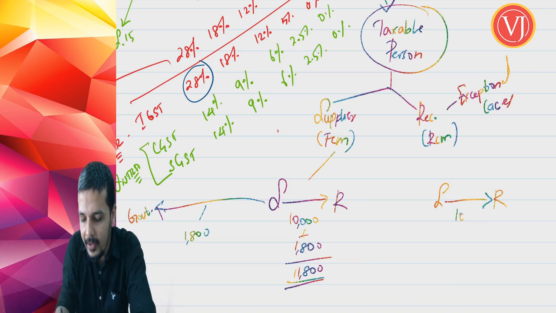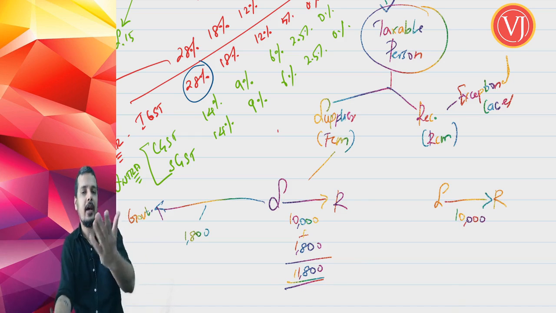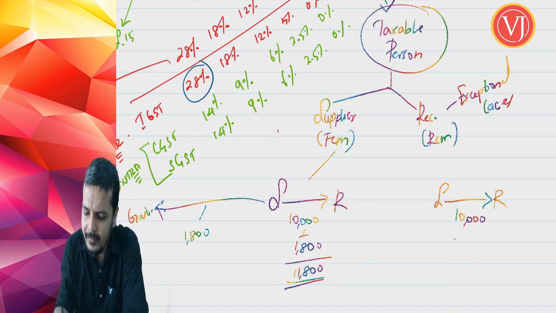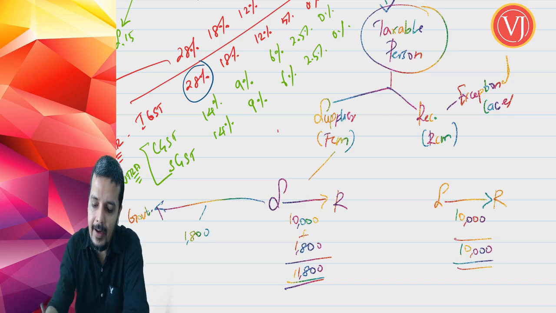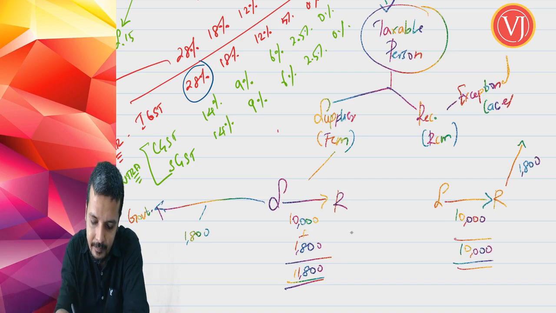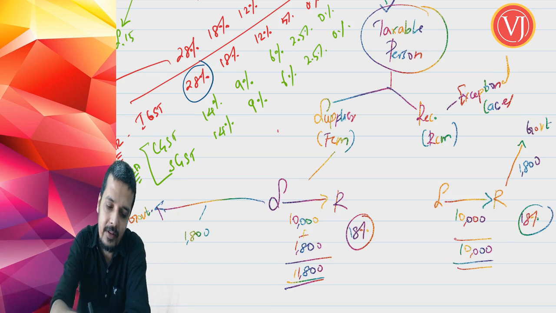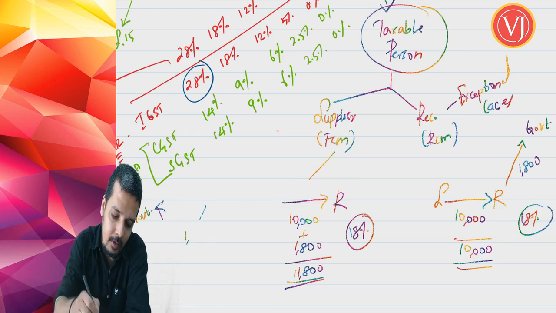Then I'll not collect GST from you, because I am not required to pay tax to the government. If I am the supplier and you guys are my recipient, I am not required to pay GST to the government. I'll only collect 10,000 from you, and you guys are going to pay the GST amount to the government. Assume that the GST rate is 18% in both the scenarios. You guys are going to pay 1,800 to the government. So this is how the sequence would be when you're talking about a taxable person.